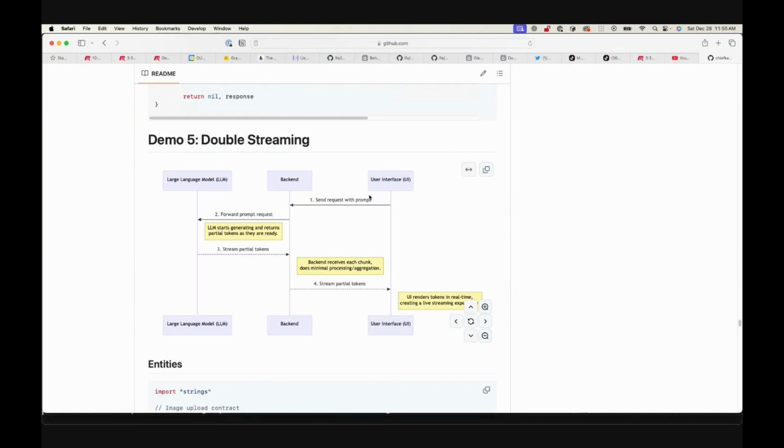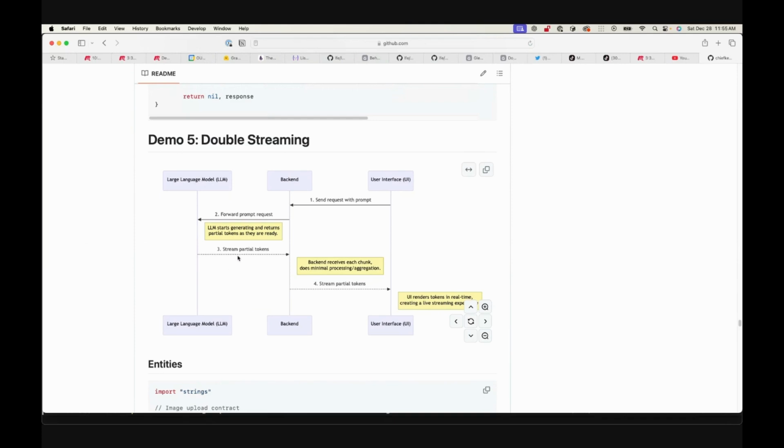From the UI, we make a call to the backend, by uploading the image. The backend receives the base64 and then turns around and redirects that payload to the LLM. And then in our case, ChatGPT will receive the image, process it, and then since we indicated that we want a streaming response,